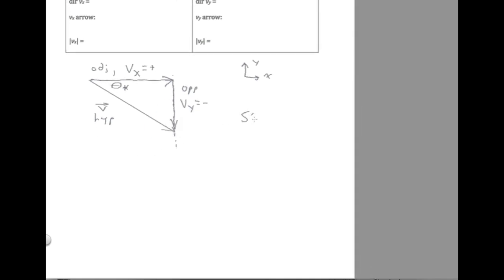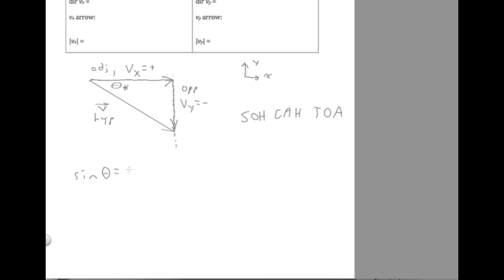Now, in order to use SOHCAHTOA, we can label that this is the hypotenuse. This is the angle we're focusing on, this theta, because that's the angle we were given. So we should say this side is the adjacent side because it's adjacent to theta, and this side is opposite because it's opposite to theta. And then in SOHCAHTOA, we'll use sine and cosine because those both use the hypotenuse, and we have a symbol for the hypotenuse, which is V. So we can say